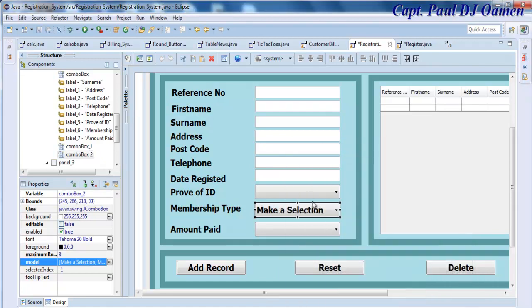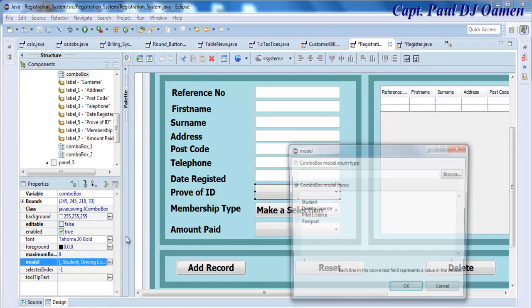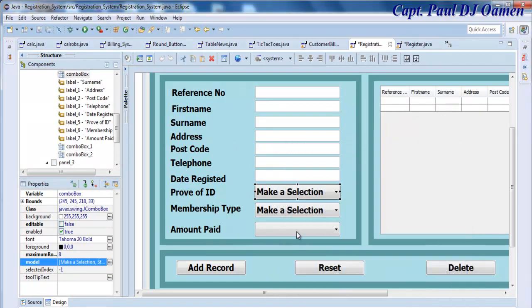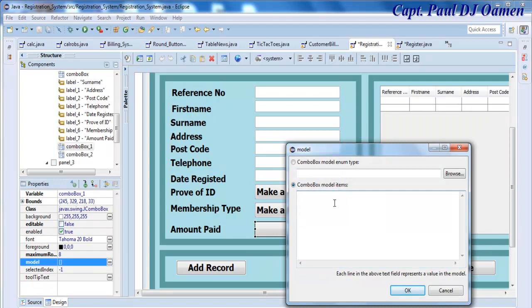So let's copy that and put that here. Come in here and make a selection there. Now the payment we have. Okay, so for the payment, make a selection as well. So it's going to range from, let's say 45